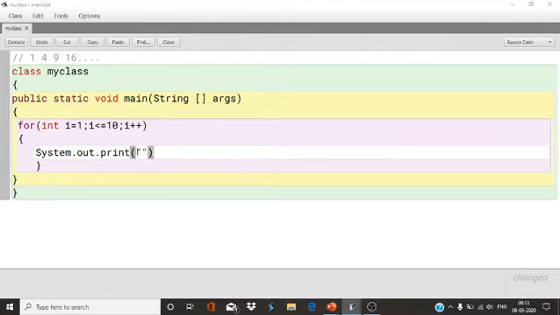Simply Math.pow(i, 2), i to the power 2, and then plus give a space, and then a semicolon.